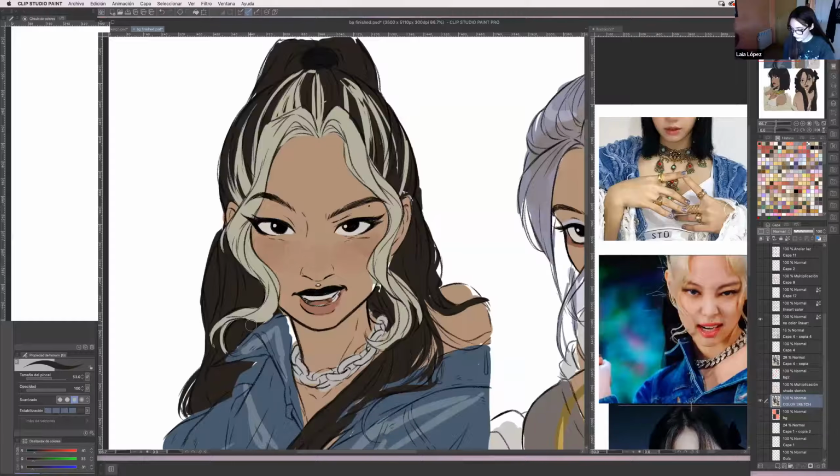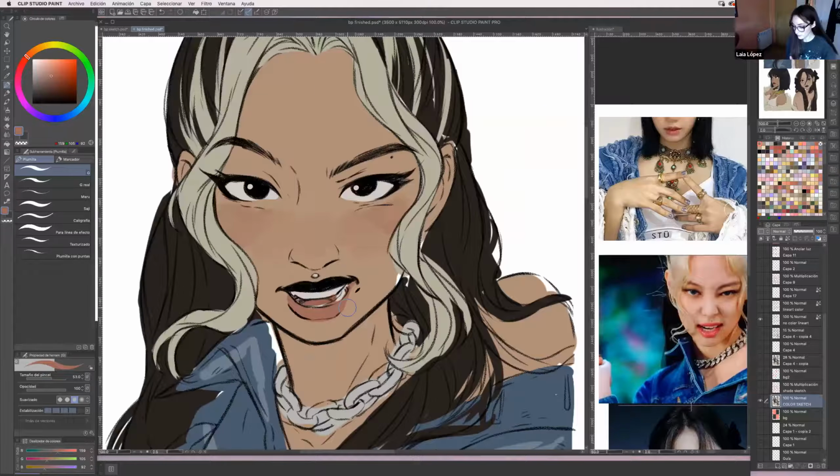And it's like, I don't know, I feel like I'm motivated. Like I see it, I'm like, oh, it's looking so good. I can't wait to finish it. That's how I feel. That's why I do it like this. As well, you can see that the blush here is a little bit patchy, so I just blend it a little bit better.